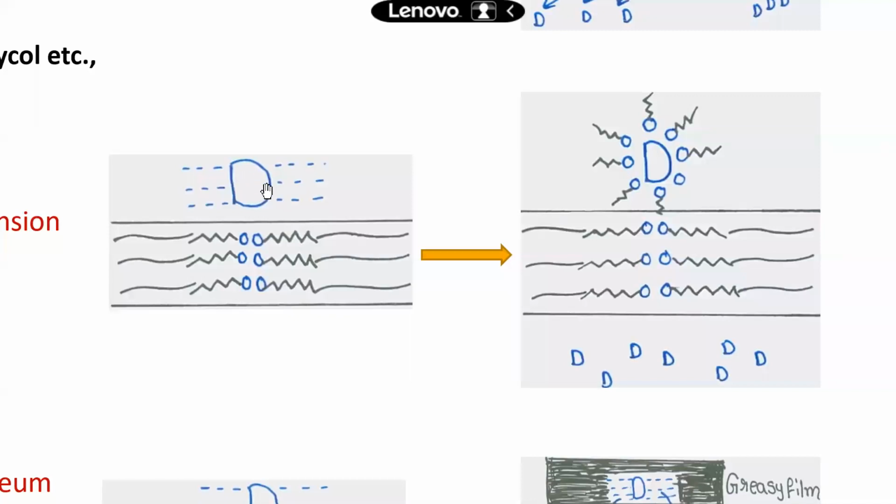This is the drug, a hydrophilic drug itself unable to cross the membrane, the stratum corneum. That's why I want to impart some lipophilicity. How is it possible? By addition of a lipophilic surfactant. If we add the lipophilic surfactant, the polar heads will face towards the drug solution, whereas the non-polar groups will be on the surface. The surface is non-polar and the layer is also non-polar. That's why this surfactant layer can carry the drug, and at the edge of the stratum corneum, it can release the drug.